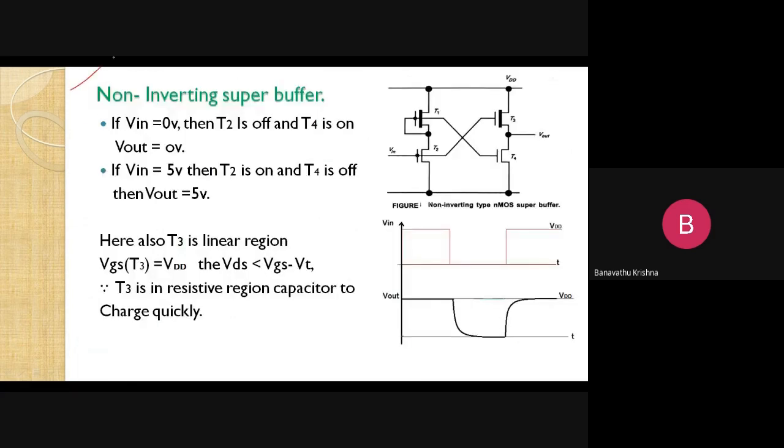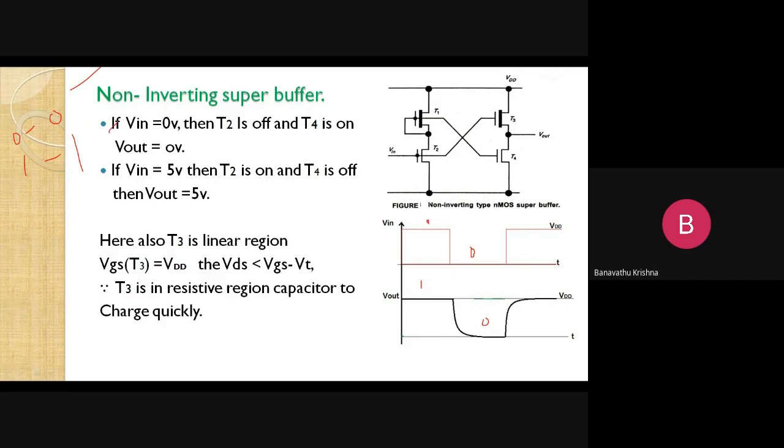And coming to the non-inverting super buffers, right? Here, non-inverting super buffer means if I apply input 0, output is 0. If I apply input 1, output is 1. So this is a waveform here also. You have to observe here: 0, 1 is the input response, output is also 1; input is 0, output is also 0. This is the response of the charging and discharging of the capacitor, the response of the load at the output side, right?